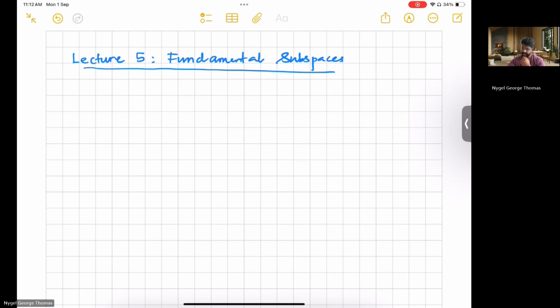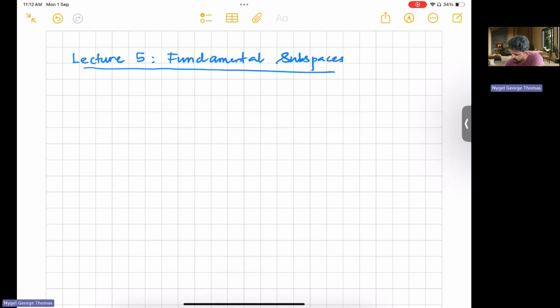Okay. Now let's look at a very important concept in linear algebra. According to Gilbert Strang, this is one of the pillars of linear algebra: the four fundamental subspaces. What is one question you may have? To be more precise, these are the four fundamental